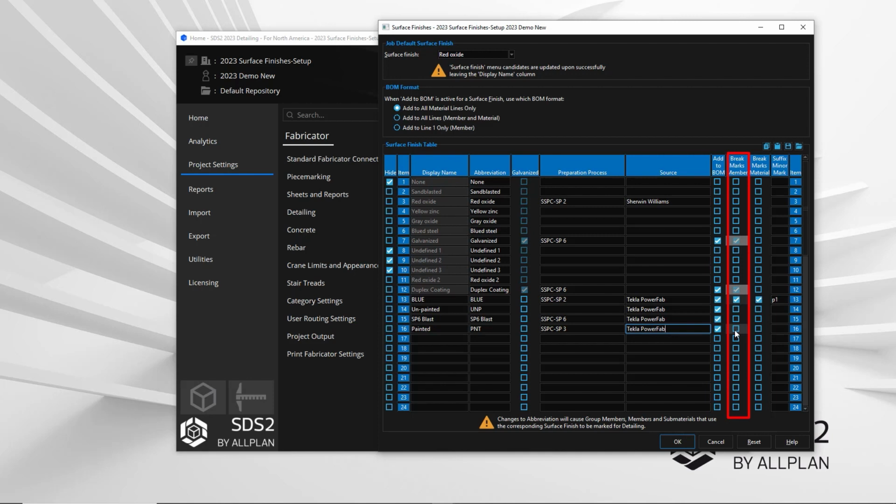You have the ability to break your major marks apart by finish. So if you have two like beams, let's say two B1s, and I have different finishes, the finishes are tagged to break apart the major marks, so they'll get a B1 and a B2 even though they're effectively identical, minus the finish. Just to note, if I were to come in here and create a new finish for, let's say, my galv, I'll just put galv for my abbreviation, and I check on the galvanizing, it'll automatically break my major